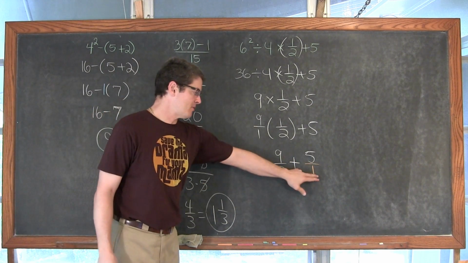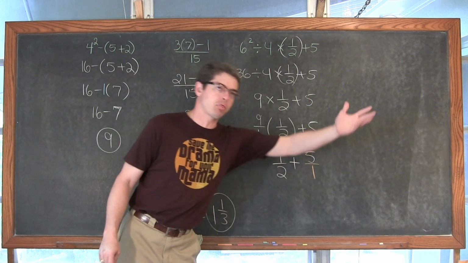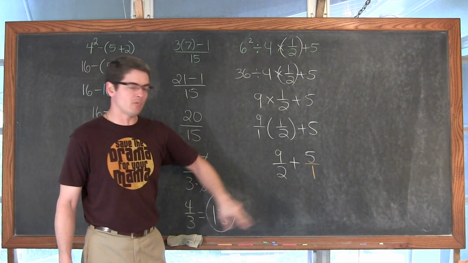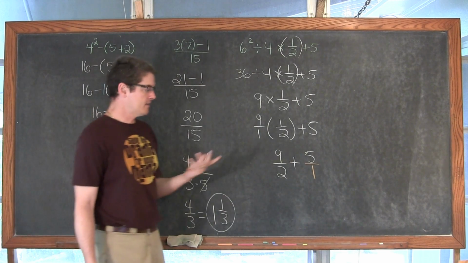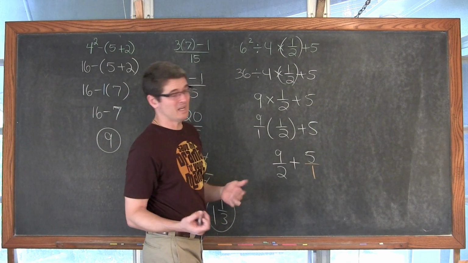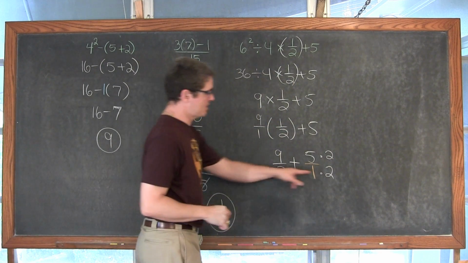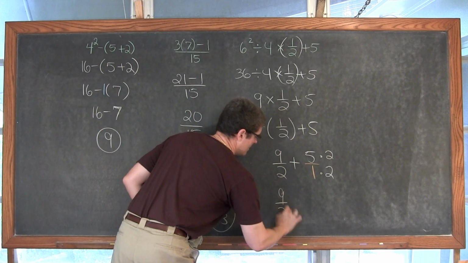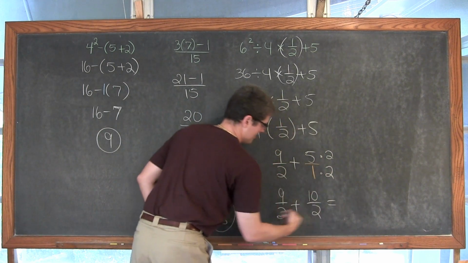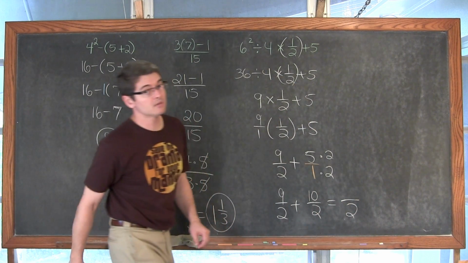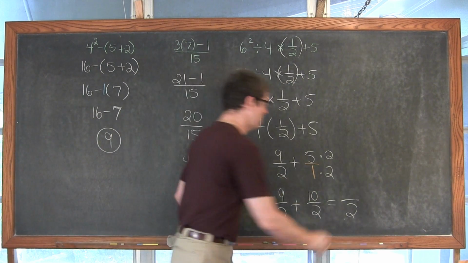That means I need the lowest common multiple between 1 and 2. So for 1 we have 1, 2, 3, 4, 5, 6, 7, 8, 9, whatever. And the multiples of 2 are 2, 4, 6, 8, 10, 12, and so on. We're looking for the lowest common multiple, and that, of course, is going to be 2, because you can really make a 1 into anything. So we're going to multiply the numerator and denominator by 2 to get those denominators to match up. We have 9 over 2 plus 5 times 2 is 10 over 2. And now with those common denominators, we are not going to add them, so it just stays at the bottom, 2, and 9 plus 10 is equal to 19.